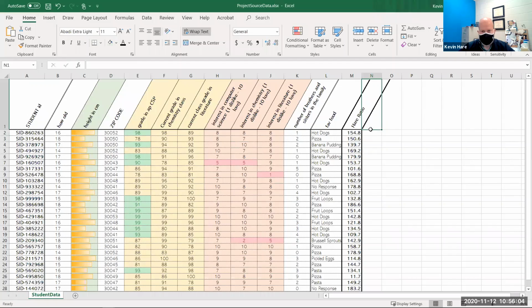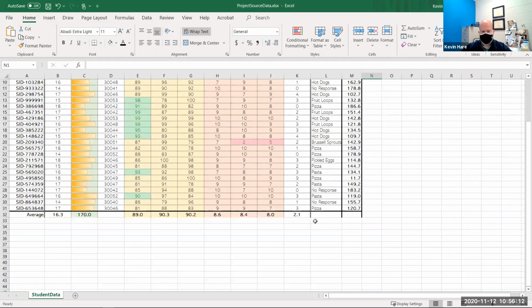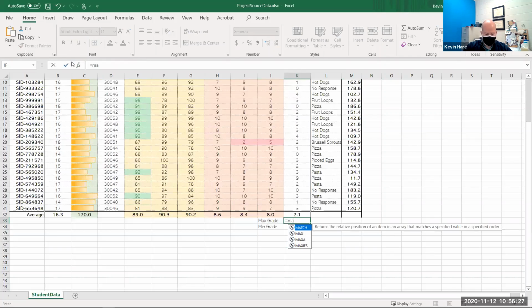So this was our formula. We have a bunch of functions in there. So we actually have one function that we haven't talked about. I think yesterday we probably did this, but we could do something like max grade, min grade. And these would be 2 of those functions that you need if you look at the rubric. So if you already know the name of them, which are max and min, you can just type them in,